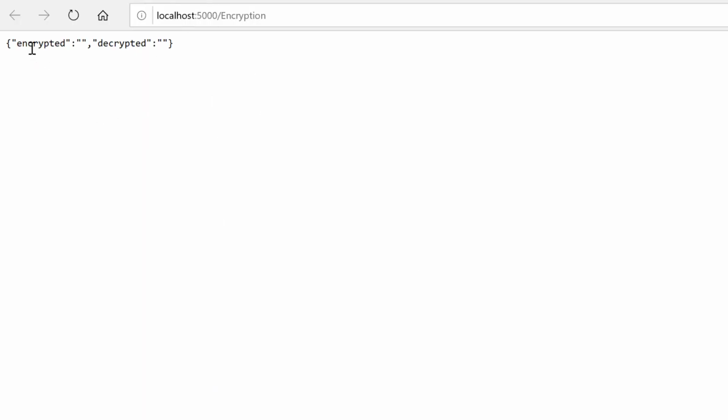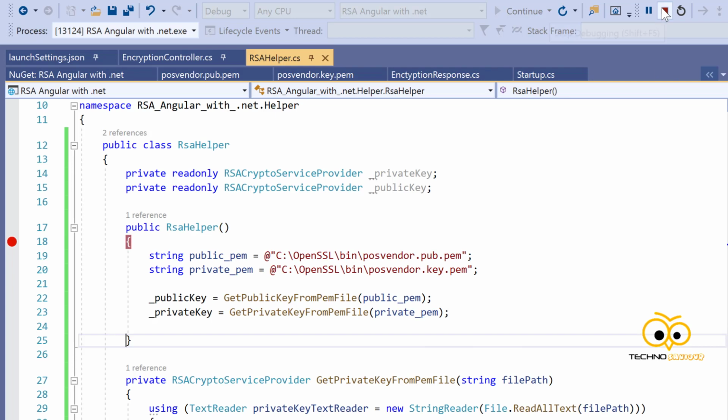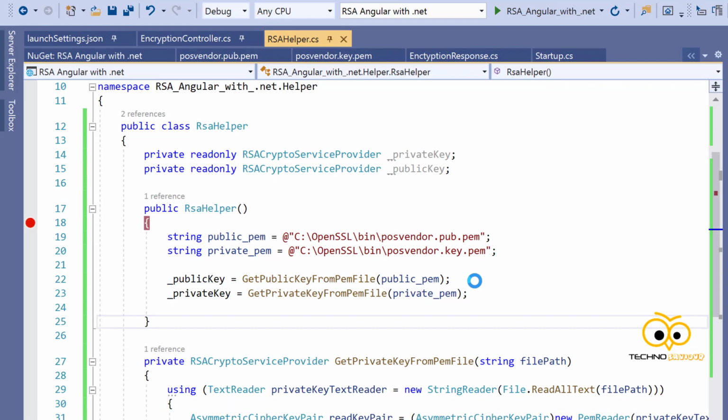So what I've done as a sample, I will be sending some kind of secret text and I will be encrypting it first. Here it will show the encrypted text and here it will show the decrypted text. Okay, now let's stop the solution and implement the encryption and decryption logic. The point to note here is I could have done this in a console application, but why did I choose Web API to show this demo? Because going forward I will be integrating Angular with .NET Core. Whenever Angular sends some Web API request, it will encrypt the sensitive data and send it to the server, and the server will decrypt the sensitive data. So in order to achieve end-to-end encryption in future videos, I have used Web API in this current video.